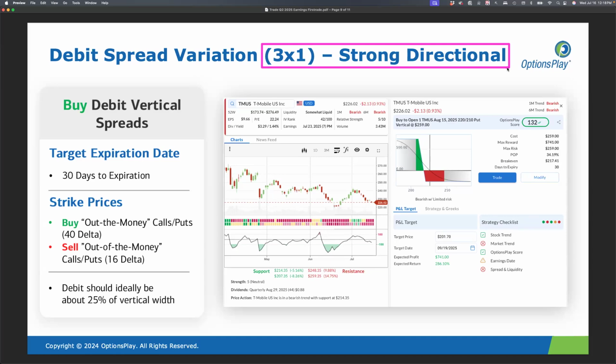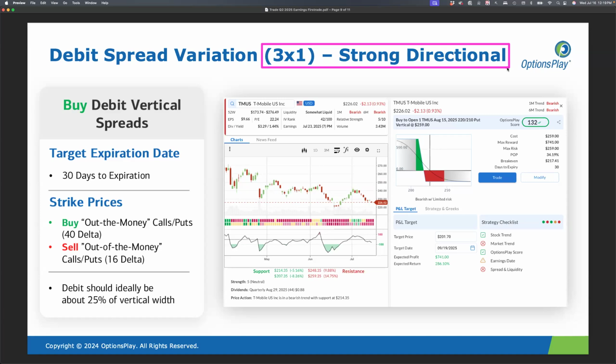And a lot of people say, how do you have a strong directional view? Well, the process that I just talked to you about, where I look for absolute strength, relative strength, and undervalued stocks, or vice versa, if I'm looking for relatively weak stocks that have underperformed the S&P 500 and their valuations are sort of quote unquote ridiculous. Well, that's really where I have a tendency to take a bearish position. So I'm going to use T-Mobile here as my example. And when you use this kind of debit spread variation that's specifically used for earnings, when you have a strong directional view,